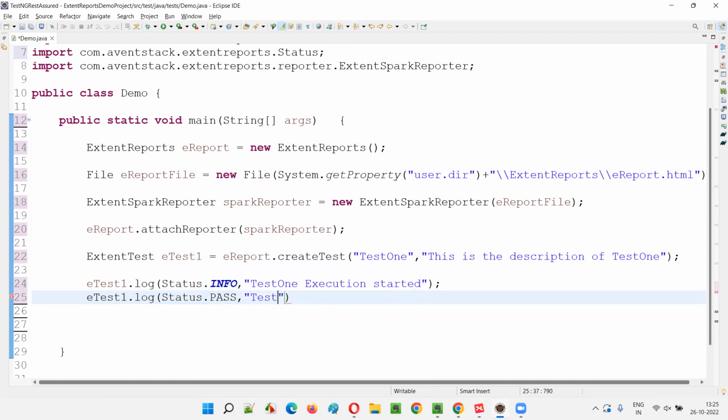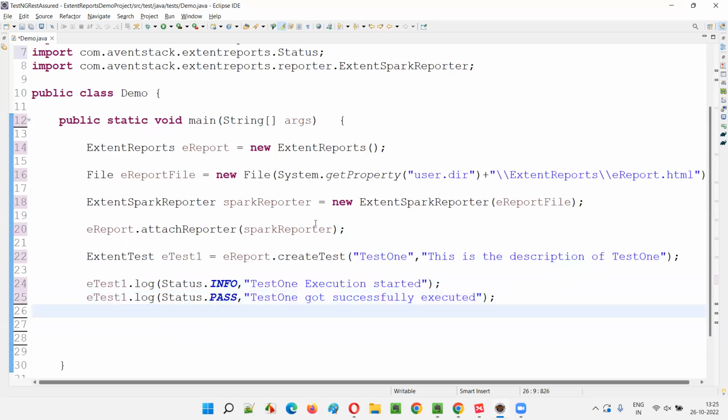Test1 got successfully executed, like this. I'll put a semicolon here. Now, along with these logs, I want to provide some additional information that is related to,